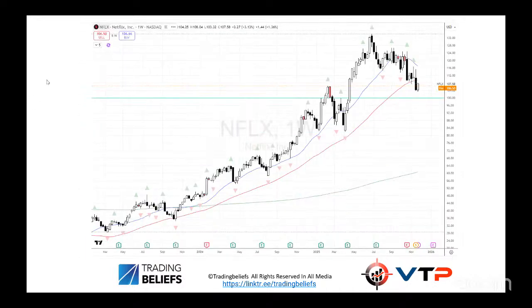Next one, Netflix, of course. So Netflix went through a stock split recently, and it kind of had an impact. But once again, this is the weekly chart, and we have talked about this before, in that it has been in a lovely trend for the last couple of years. We start to go parabolic, pulling away from those moving averages, and then invariably, what I was interested in is that we've come away from there, but we have formed basically a lower high, kind of like a 1, 2,